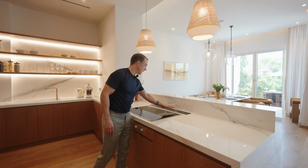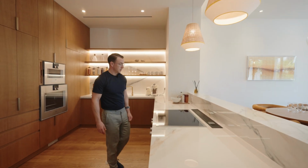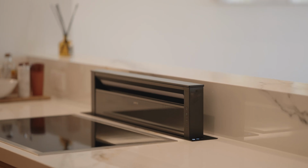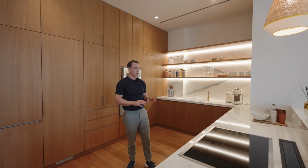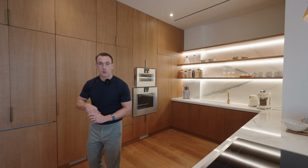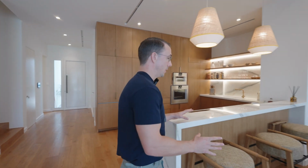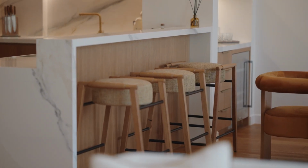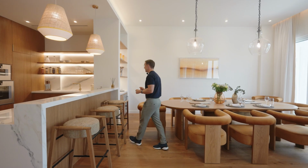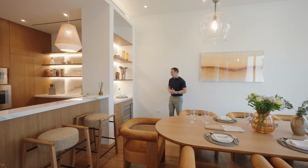Then you also have the induction hood, the extraction hood, which just raises out of the kitchen and again doesn't intrude on the space whatsoever. Now if we go behind this show kitchen, this doubles up as a bar area, breakfast bar, or in fact could be a normal bar, because to the right hand side of this breakfast or bar area we have the